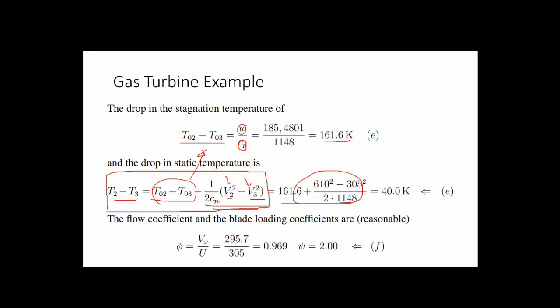If you straight away write the wrong values, it is difficult to give you marks. A good practice, even if you are not concerned with marks, is to write down the general equation, then plug in the values, and write the equation again with the proper values, and you will get the drop in static temperature equal to